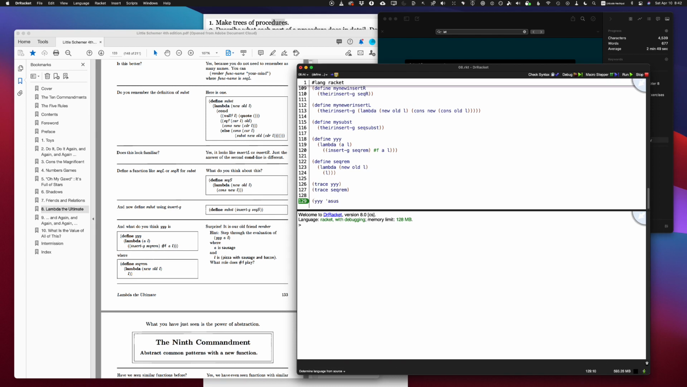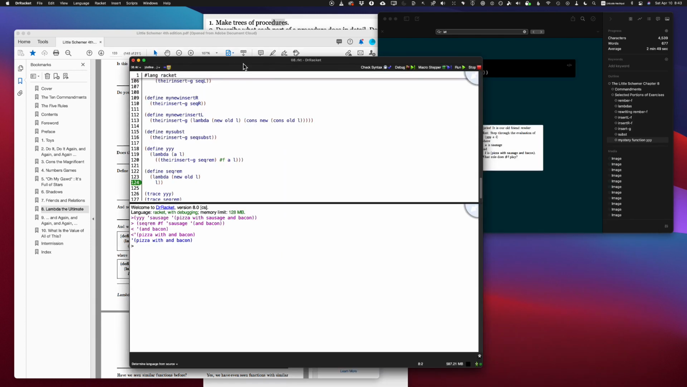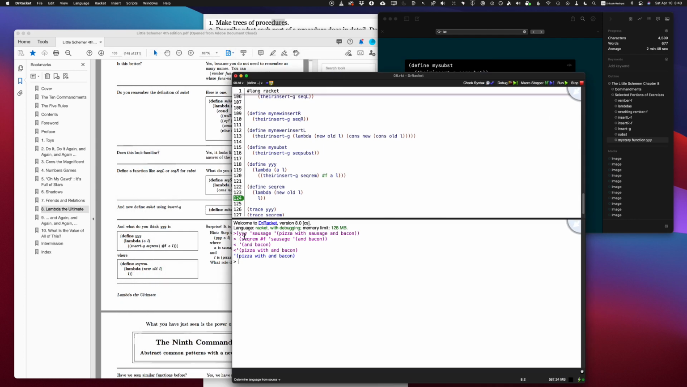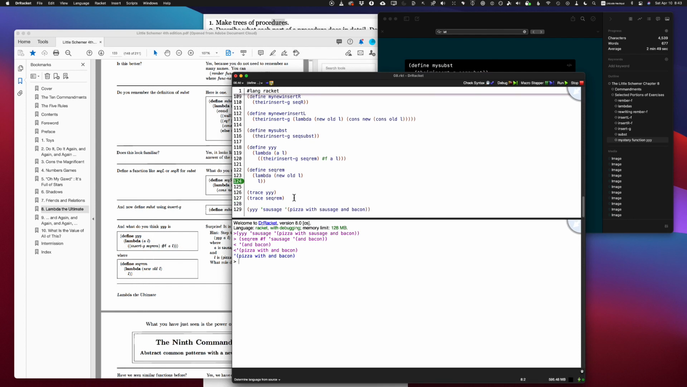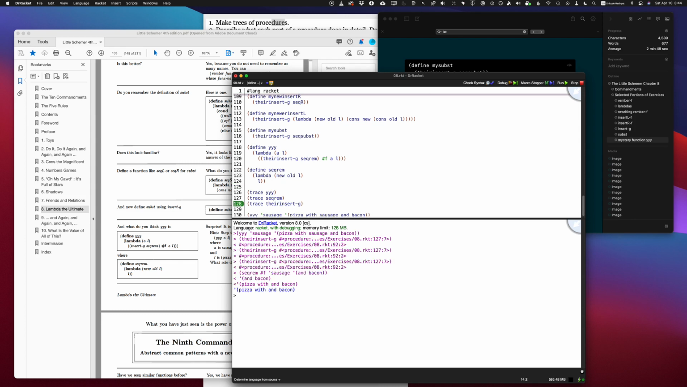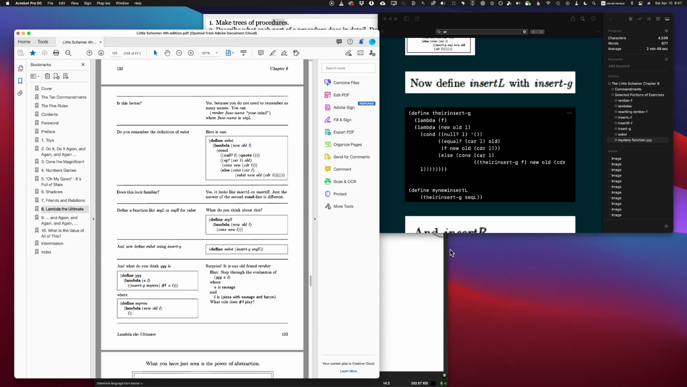Y, sausage, oops, sausage, pizza with sausage and bacon, which sounds pretty good. I must have done something. Okay, so this gives us some information. So Y gets sausage, pizza with sausage and bacon. Then sequarem, I don't know how useful it is actually. Okay, their insert G is just returning procedures. Okay, so